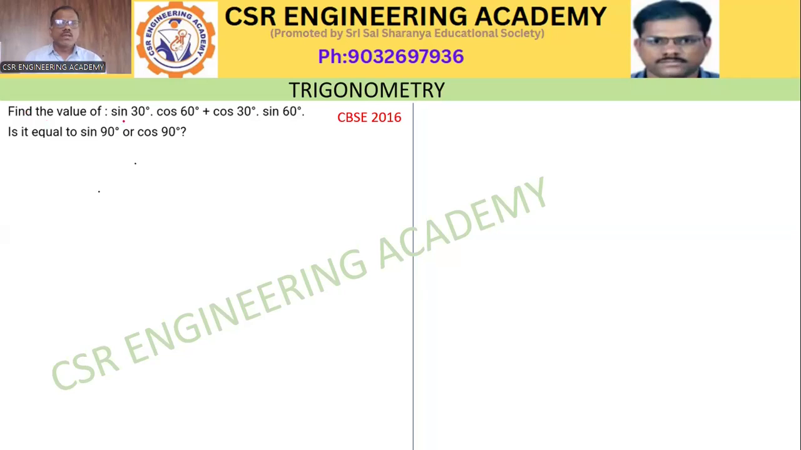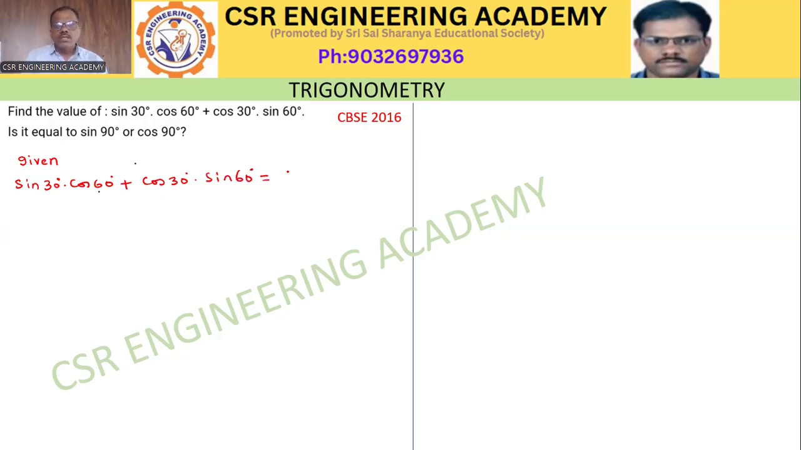Find the value of sine 30 degrees cos 60 degrees plus cos 30 degrees sine 60 degrees. Is it equal to sine 90 or cos 90? Given sine 30 degrees into cos 60 degrees plus cos 30 degrees into sine 60 degrees is equal to sine